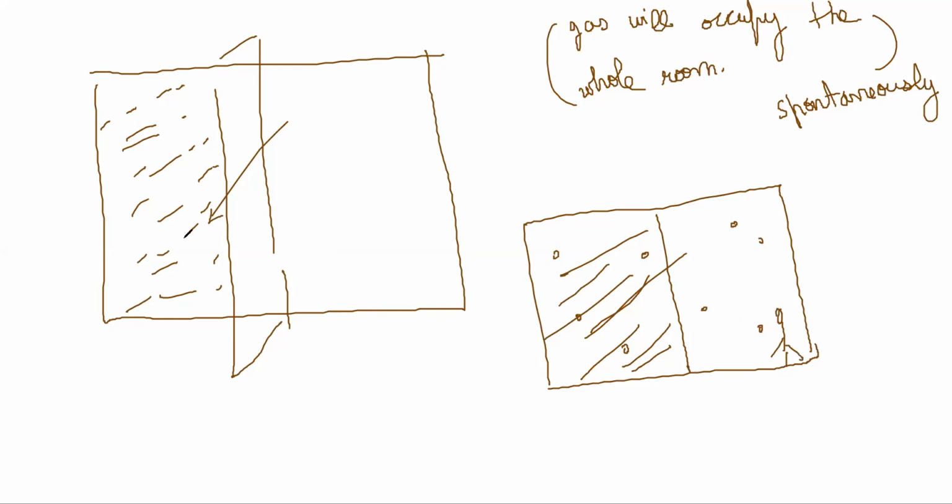I'm saying the opposite of this doesn't happen ever. For example, if I had a partition and there was vacuum on one side and I removed the partition, air on its own moved from that half to that half, no? But the reverse never happens. I have never been in a room where suddenly all the air went to one side, right? Why does that not happen? This reverse process, right?